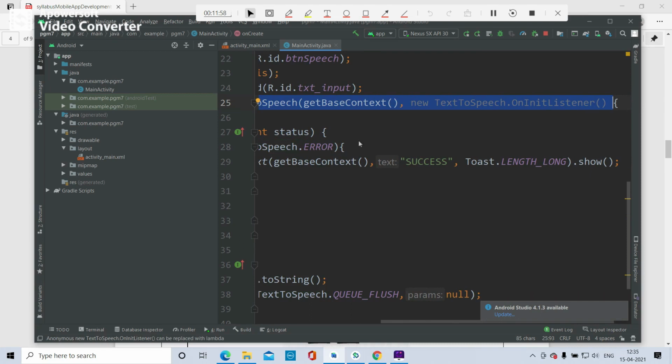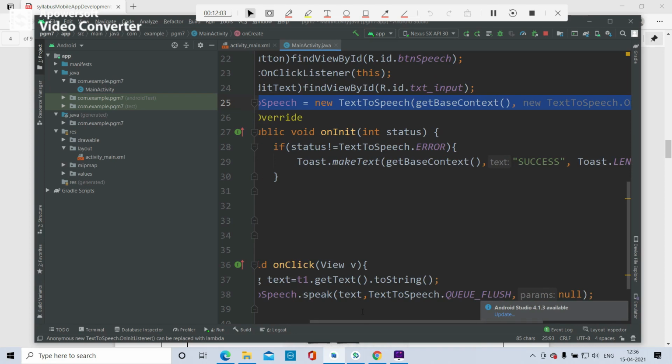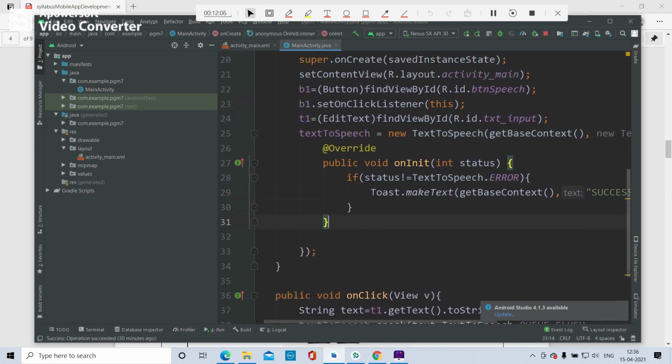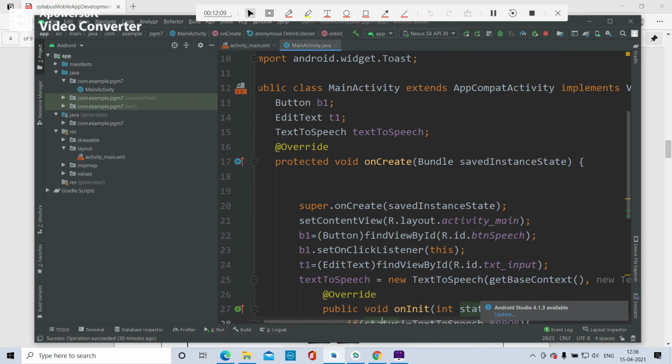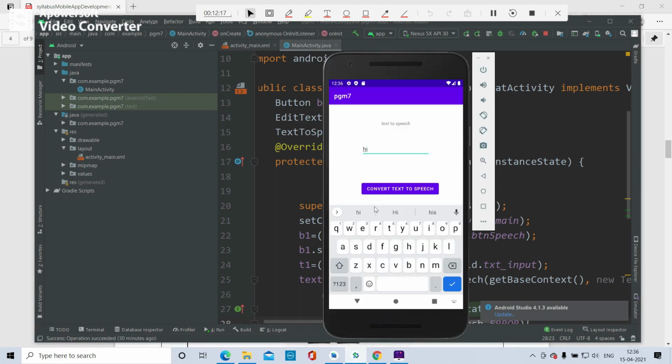Dot OnInitListener. Then the init method needs to be overridden by displaying the toast message if text to speech conversion is successful. The code is very small. If you try to run, okay, it shows the interface which was already executed, and whatever text you type, hello or hi, if you click on convert text to speech, it converts into speech.